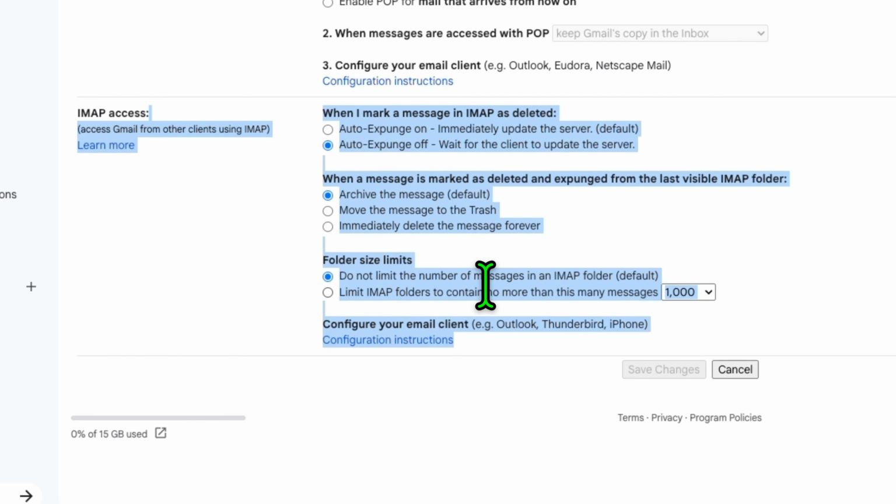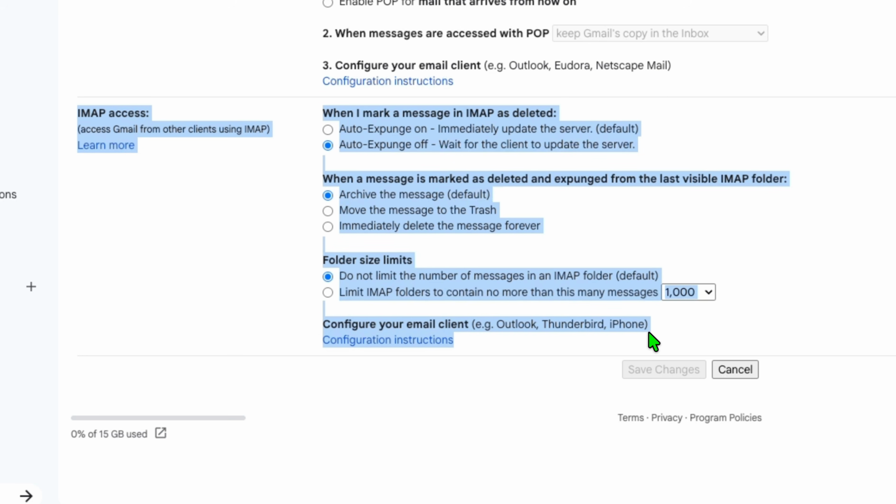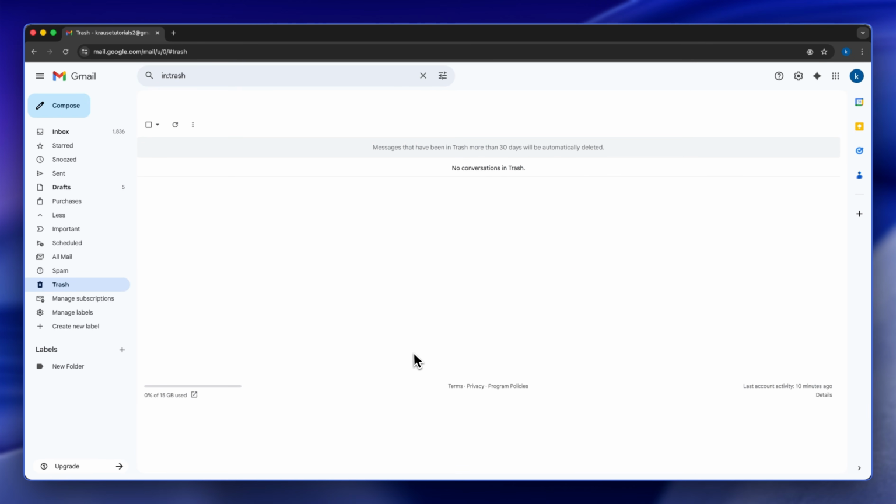Now, what IMAP does is it allows you to access your Gmail via other applications. Once you connect third-party applications to your Gmail, you can access your inbox and other stuff. And once that's done, you click on Save Changes and your IMAP is enabled. Now, that's how you enable IMAP in